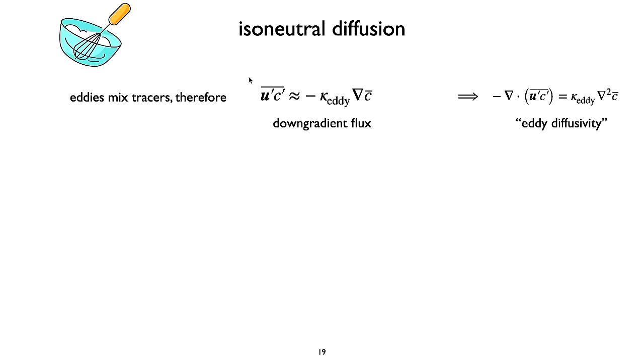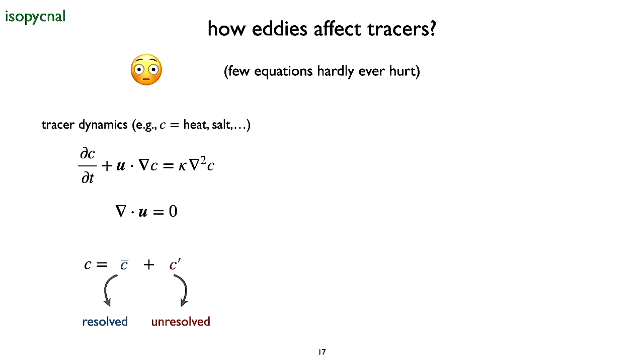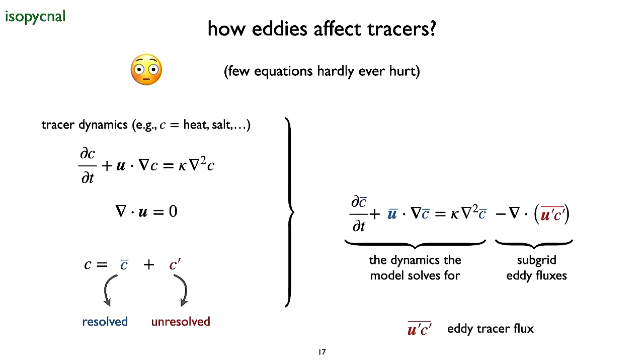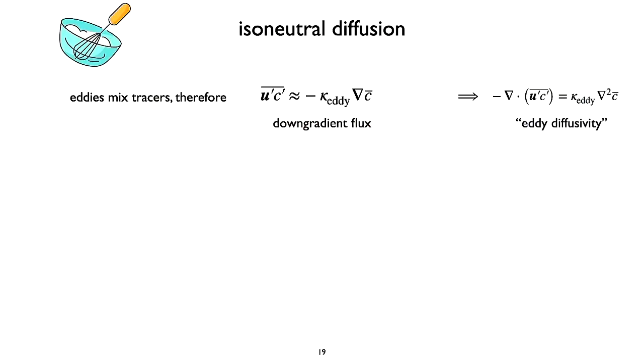And if we do that, this becomes like a diffusion, because this term here, minus the divergence of the flux, becomes kappa times the Laplacian. So this is like an extra viscosity, an extra diffusivity, sorry, in this case. Okay. So that's a good approximation. I mean, it works more or less.